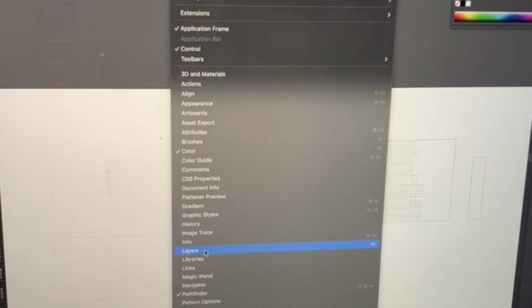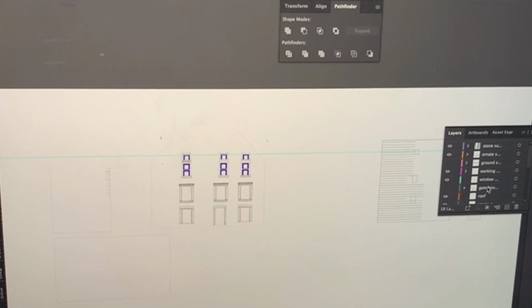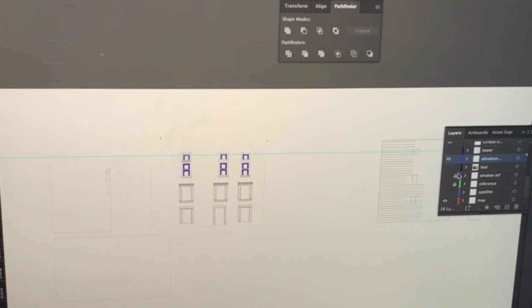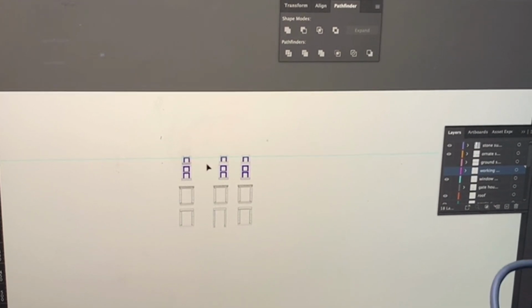I've lost my layer. There it is. I'll just make sure this is saved. So there's my ornamental surrounds. I'm going to turn elevation off. Oh, what layer did I end up making that? Wrong one, working. Right, so I can turn all those off, and now I've got myself multiple